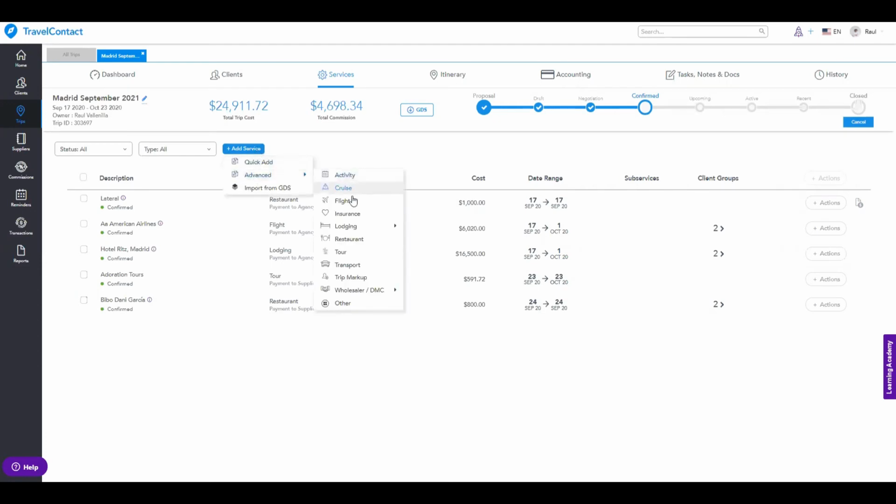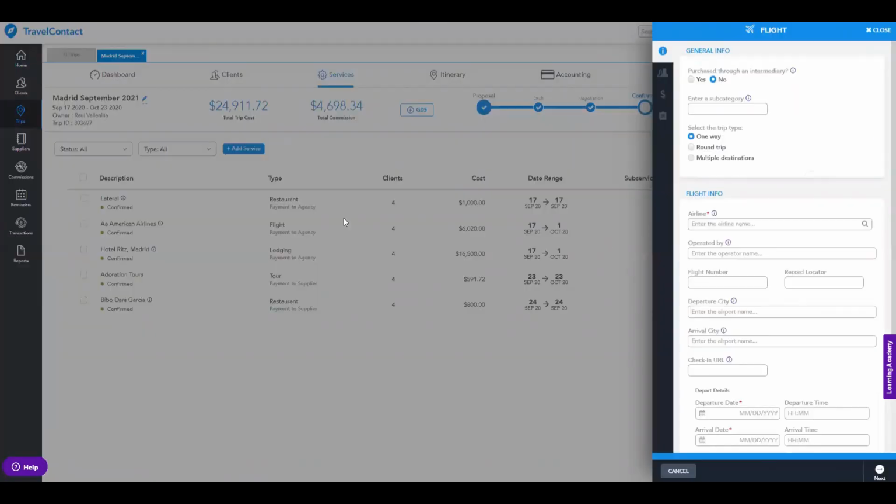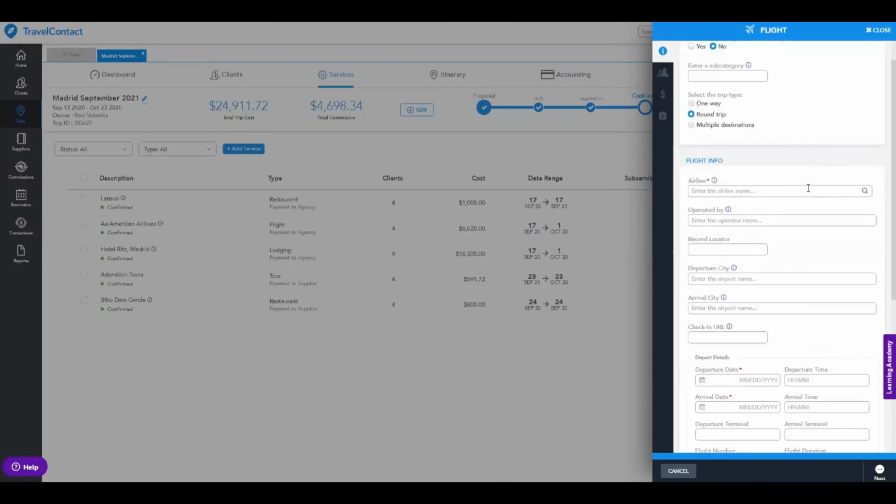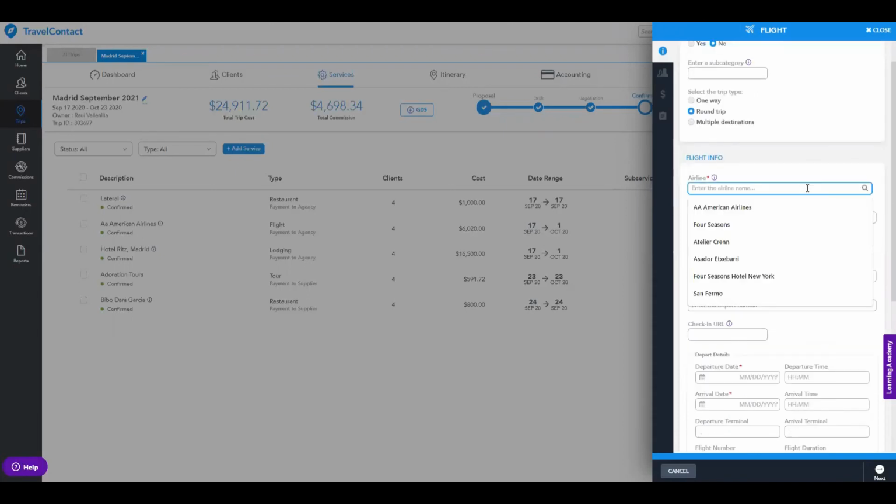Advance is going to require a little bit more information in this sense. So for example, if I wanted to add a flight, all I need to do is first select the advance option, select the type of service I'm adding, then I'm going to select, for example, the type of flight, in this case, one-way, round trip, or multiple destinations. In this case, I'm going to say round trip. I'm going to choose an airline for this, and I'm going to say